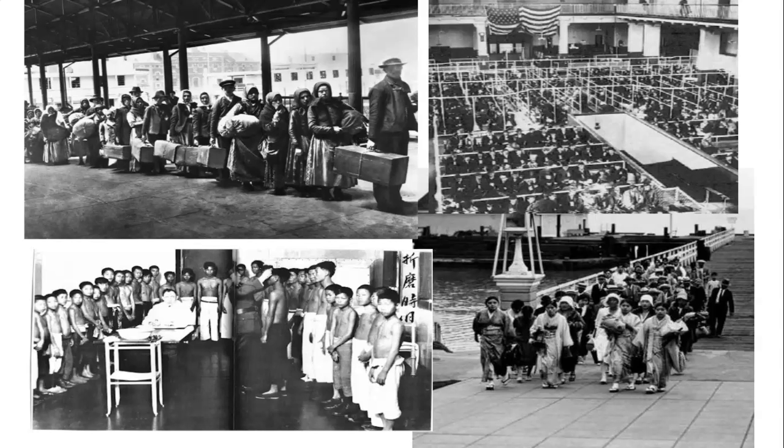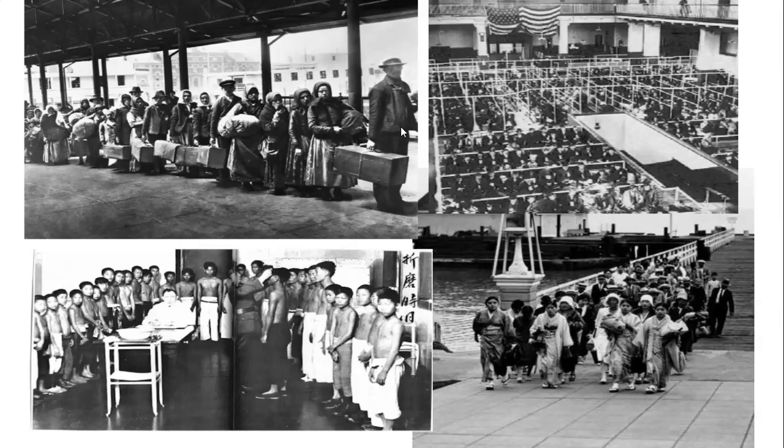Here are some images of some new wave immigrants coming in through these two immigration sites. The immigrants coming from Europe came in through Ellis Island, which was in New York City. And the immigrants that were coming in from Asia are coming to California through an immigration center called Angel Island. And both of these centers are run by the government. So, I mean, imagine like the DMV, but a lot longer, and no one speaks the language that you speak.